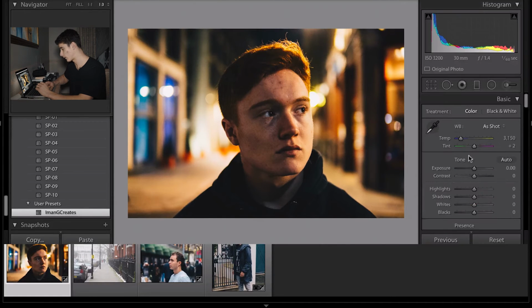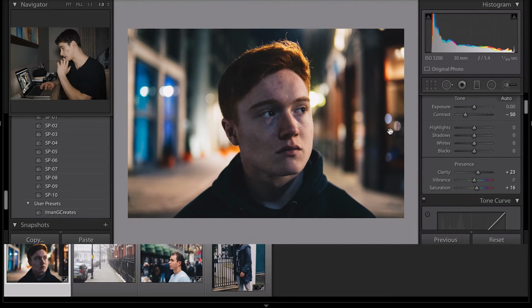just shockingly poor. Now we'll go ahead and we'll make that a bit darker, so we'll bring that to 2800 probably, or no, we'll make that 2700. Now one thing you'll notice about this photo is it looks like he just got punched, so let's go ahead and fix that. We'll bring the contrast down -50. You can see one side of his face is still pretty dark, so we'll bring up the blacks, or the